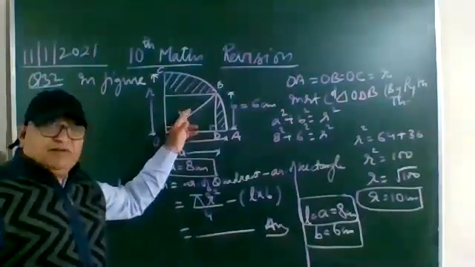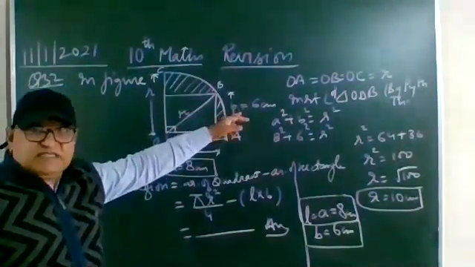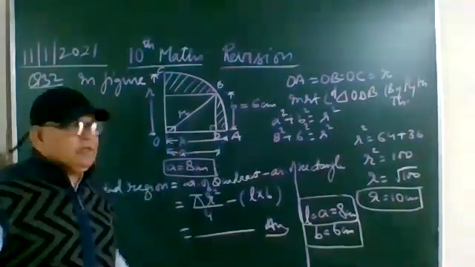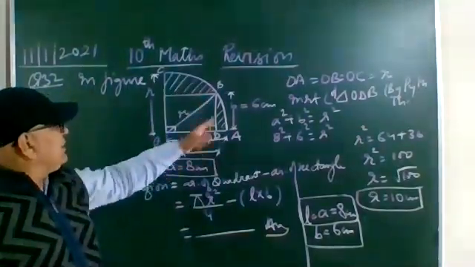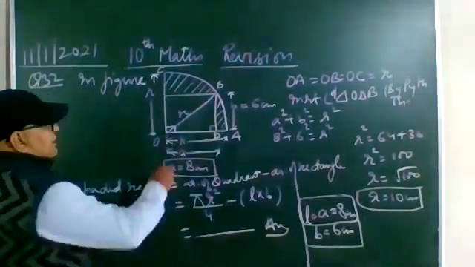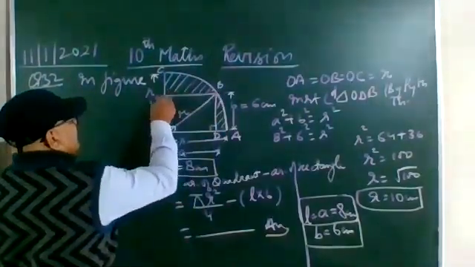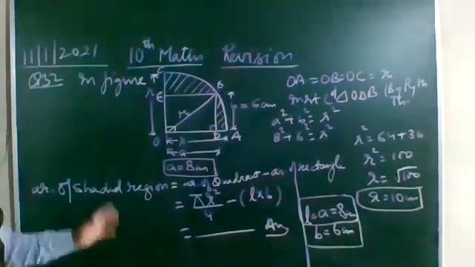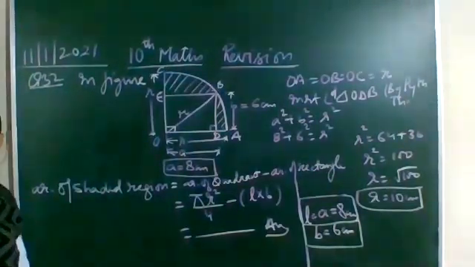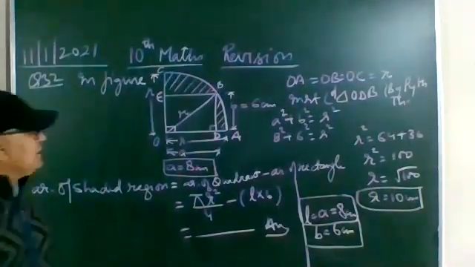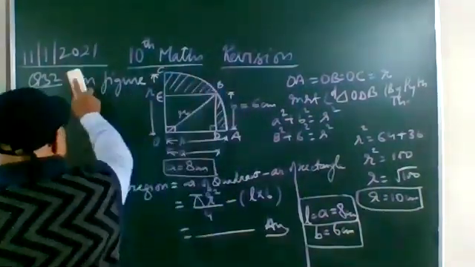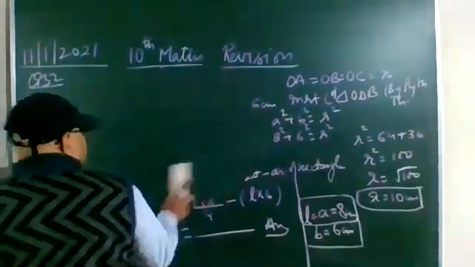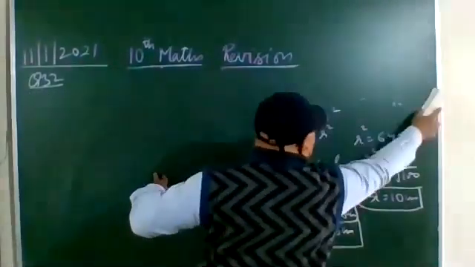Sometimes the radius is given to you, or the base is given, and you can find out A. Whatever the situation, this may be a square ODB, and you can take it as this. This may be a square also. So different types of questions are there. This triangle may be there. If I take the first figure as this one and after that a triangle, I can take that also. So different types of questions are there.